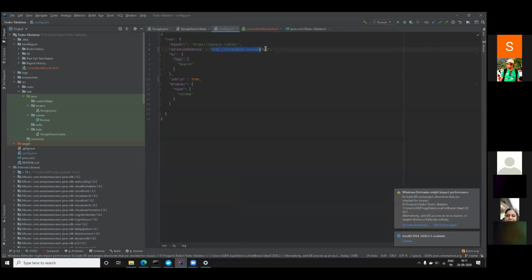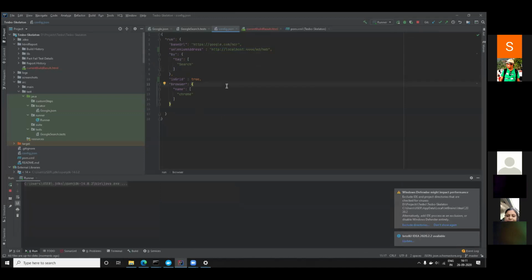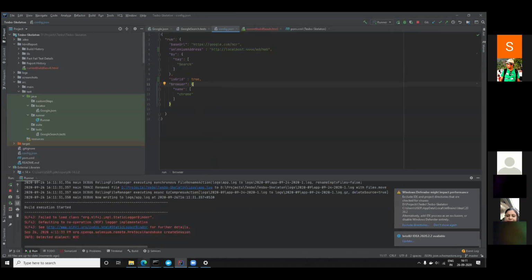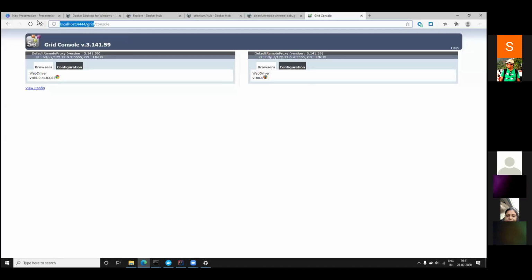I have provided it here. My test is going to run, but I don't know on which machine it is going to run. This way I can check that the Chrome browser is utilized and the test is running on this browser. But I wanted to see it. So how can I see it?